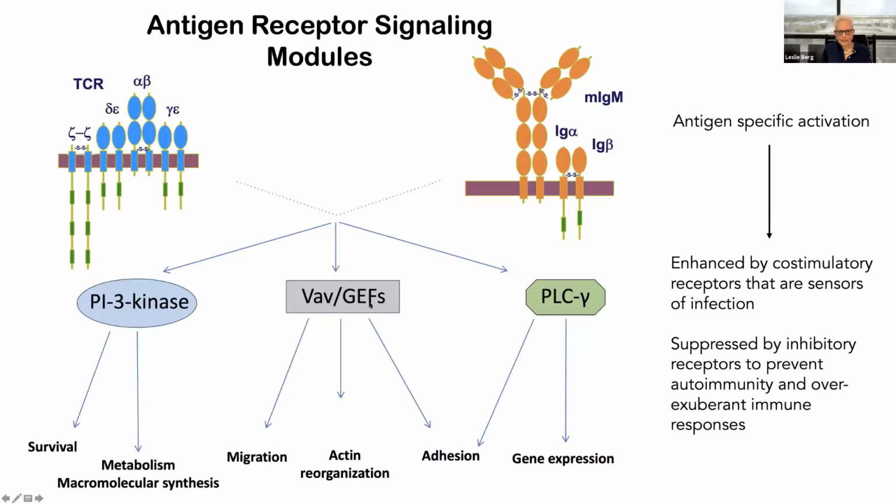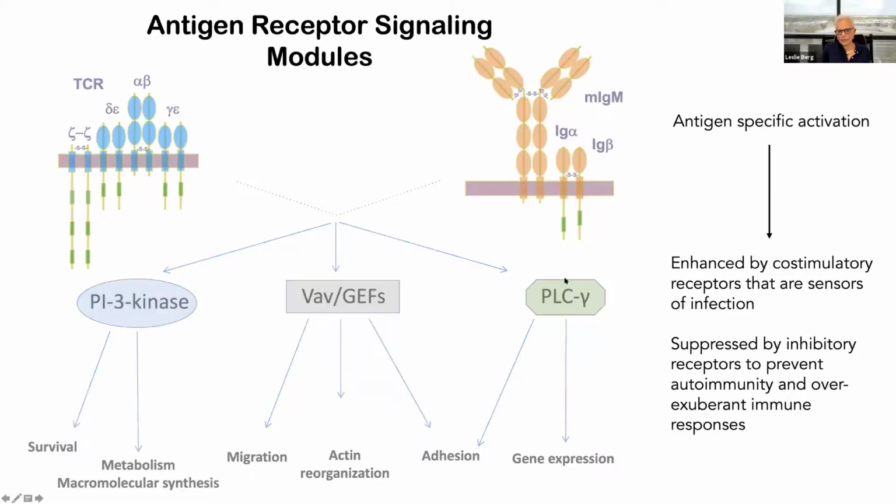So we have these three signaling modules that I went through. I'm not going to go back through the details, but it starts with antigen-specific activation, and the activation, as we went through, is enhanced by co-stimulatory receptors that are sensitive to sensors of infection, and it's inhibited. These pathways are inhibited or suppressed by inhibitory receptors, whose function is really to prevent